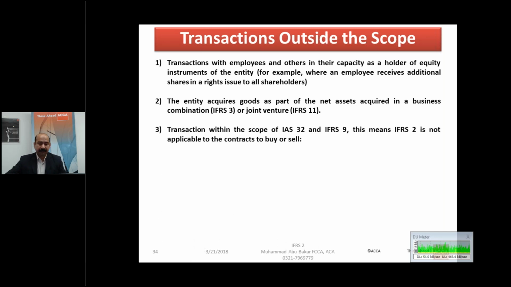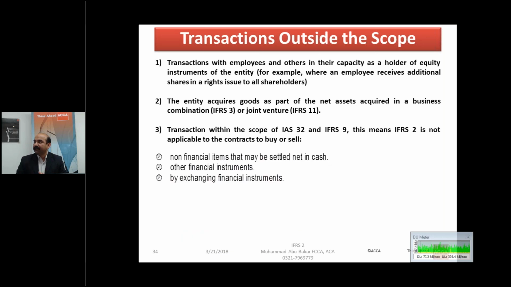Then the third one is transactions within the scope of IAS 32 and IFRS 9. This means IFRS 2 is not applicable to contracts to buy or sell non-financial items that may be settled in cash or other financial instruments, or by exchanging financial instruments. Simply, for something which is covered by International Accounting Standard 32 and IFRS 9, IFRS 2 will not be applicable. And the last one is